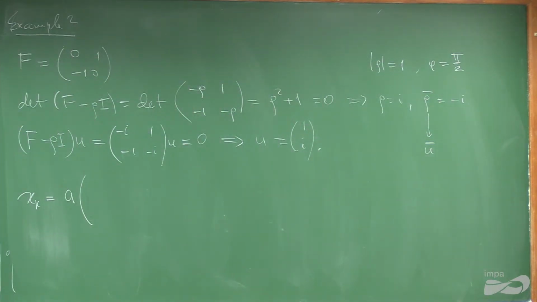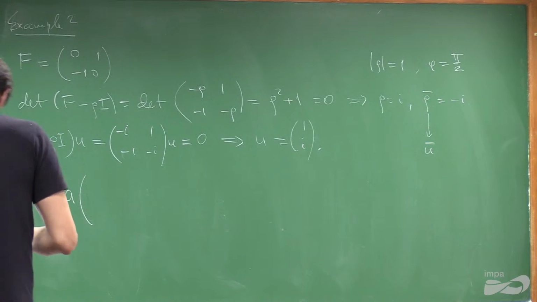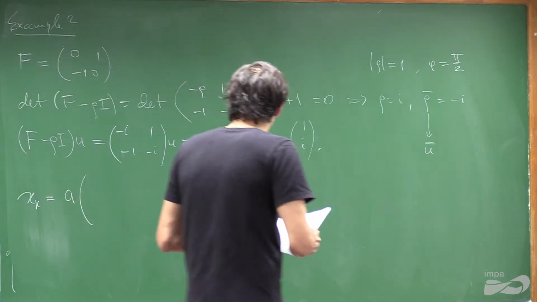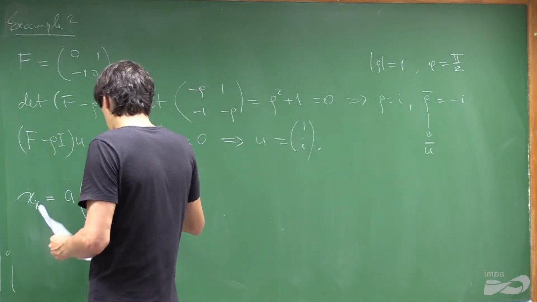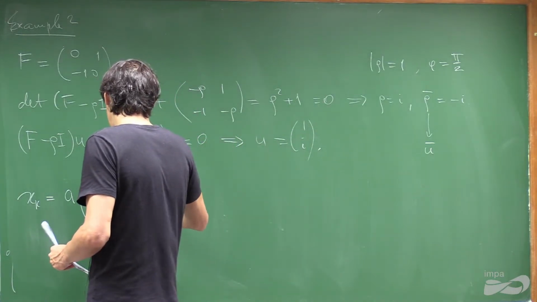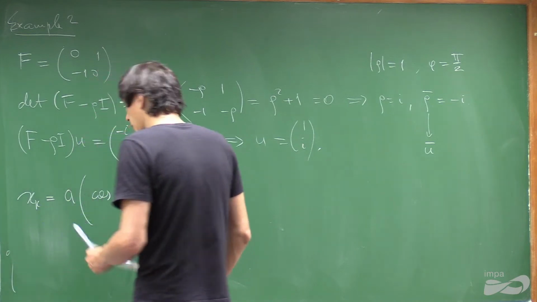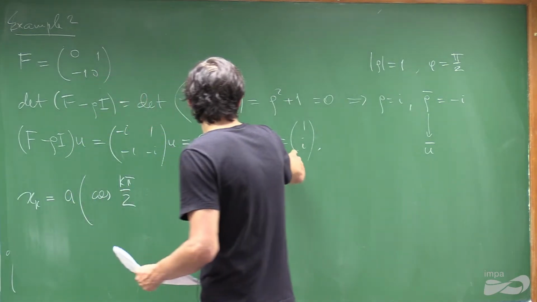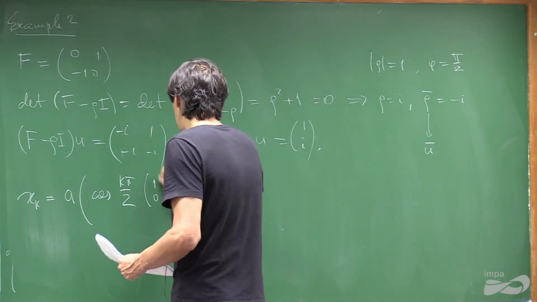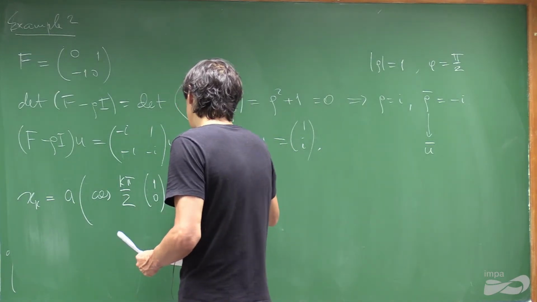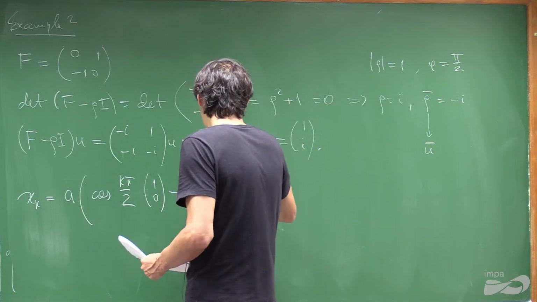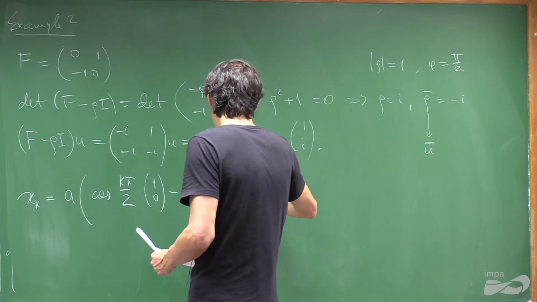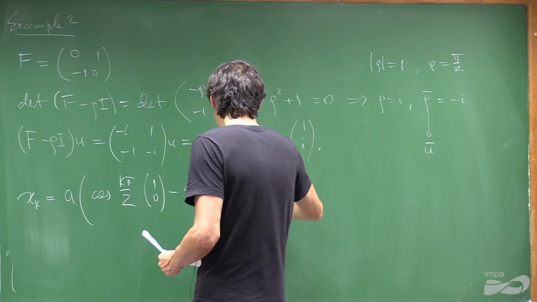So what we get is cosine of k pi over 2 times the real part of the eigenvector, so 1, 0, plus sine of minus k pi over 2 times the imaginary part of the vector, 0, 1,